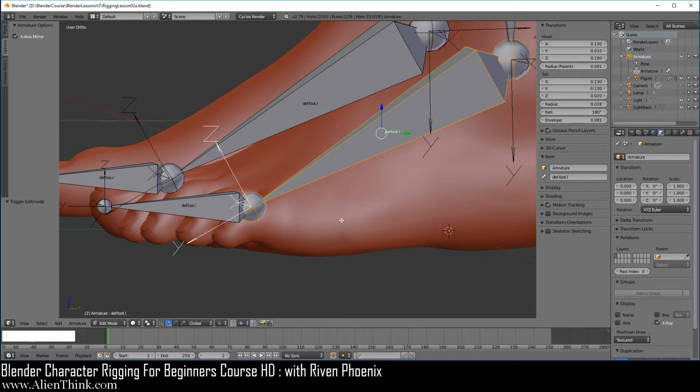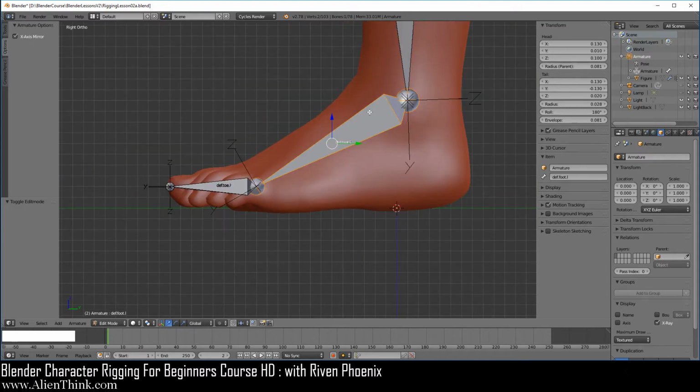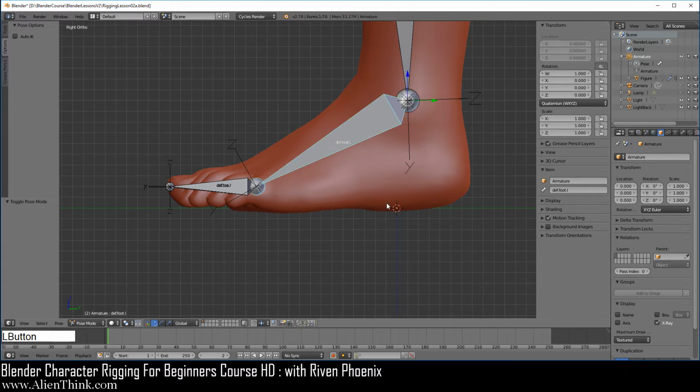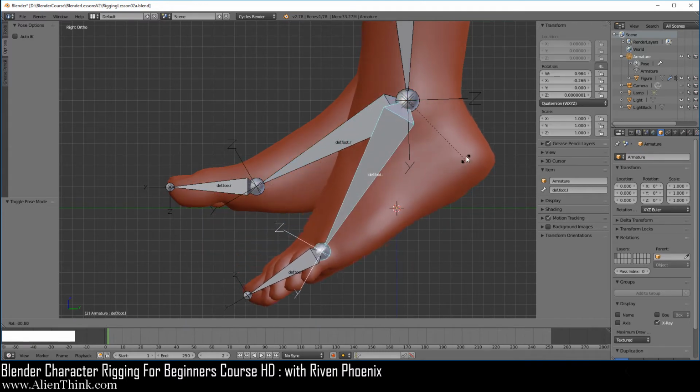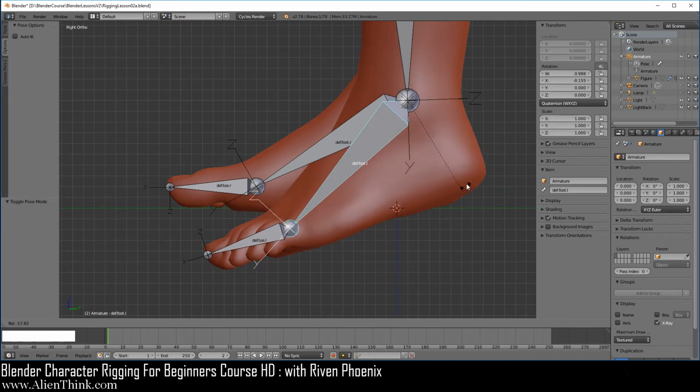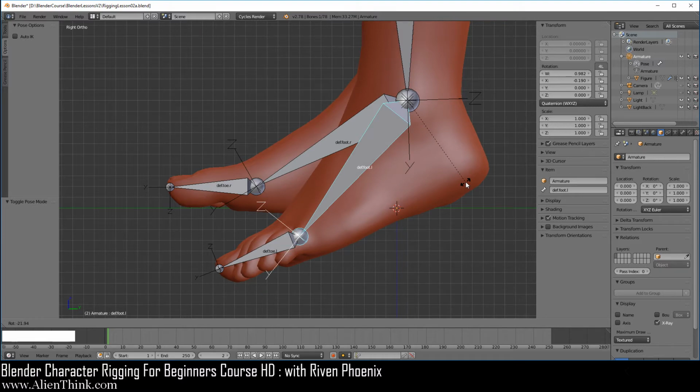Okay, because now again, if you break this rule, it's not going to make your rig work. It's just a self-discipline that we're implementing when we're designing this rig. So here in pose mode, if we press the R key to rotate, right? So here is the major movement and this is the minor. But because the Z needs to point down for major, we're going to have to switch to bone roll.